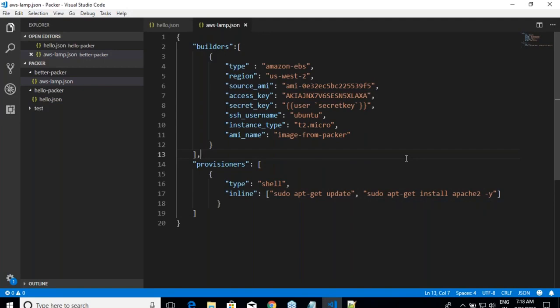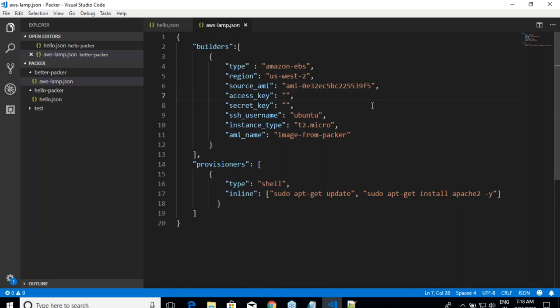Now, in here, I want to remove some of the hard-coded values. So, secret key I'll not be passing here, and access key I'll not be passing from here. Right? Now, I have to give a provision so that the users will pass this value. If I just put like this and then execute, it will tell that you have not passed the secret key, you have not passed the access key, so I'll not be able to create an image for you.